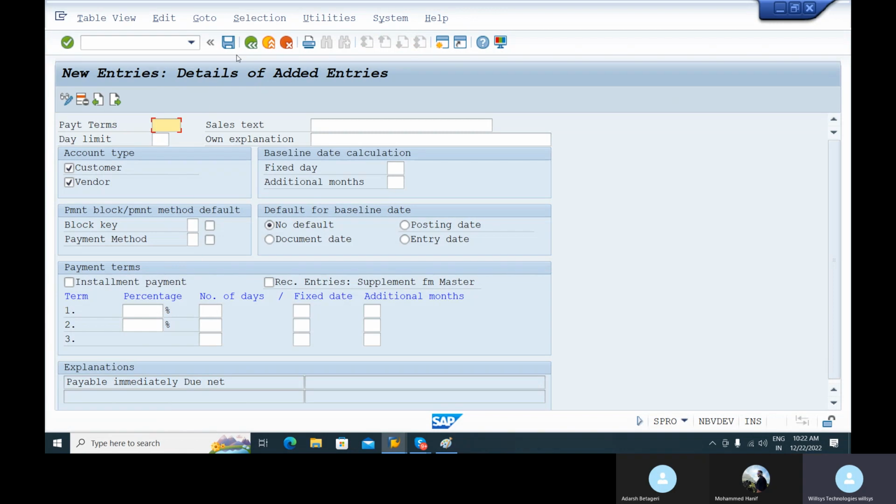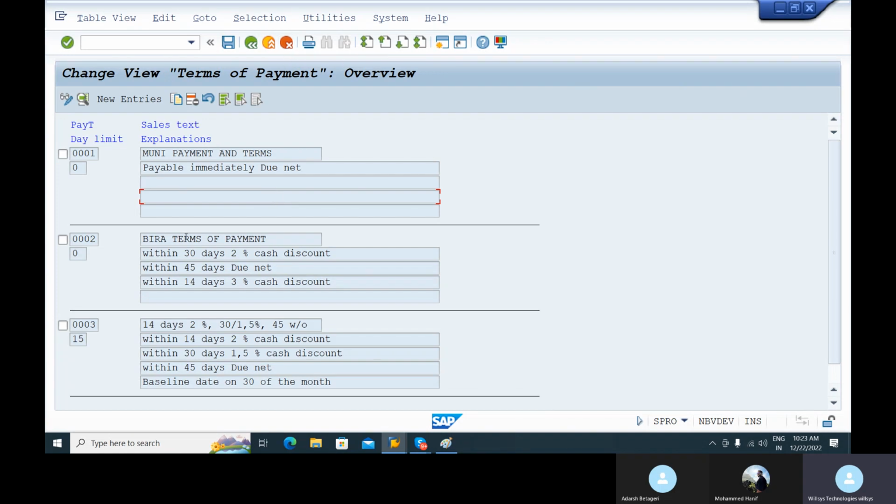Instead of that, SAP has given one simple option, sample data. You can select if you want first immediate payment. Two examples I am giving. One is immediate payment, another one discount. First example, immediate payment. If you want to copy this immediate payment or payable immediately, due net,